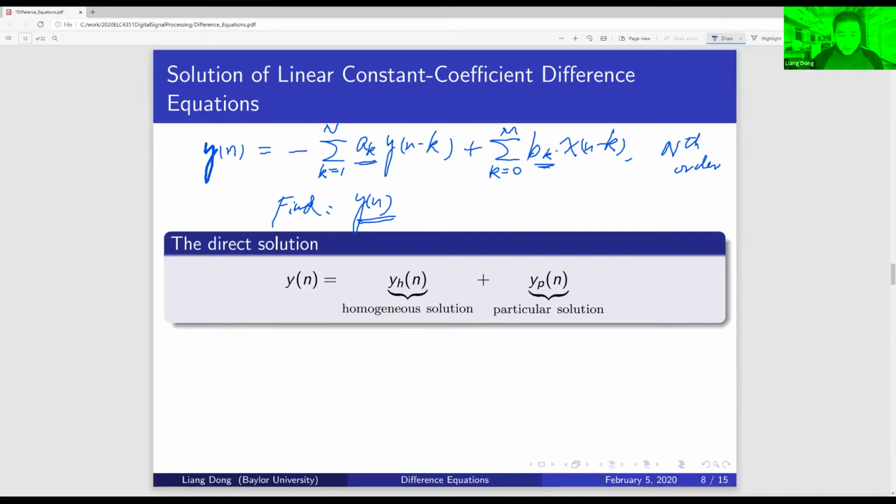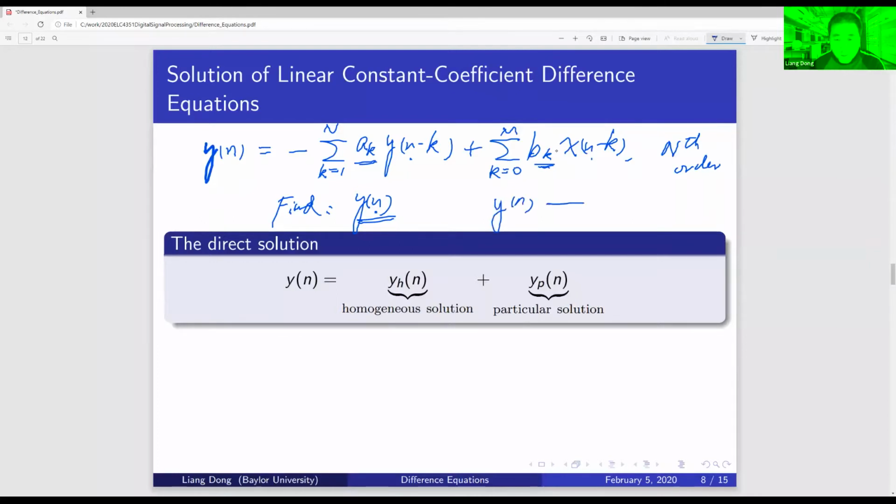As we did before with the differential equation, now everything is a difference equation. So we are using n instead of t. We are using a delay y[n minus k] instead of using a derivative. So you can think that